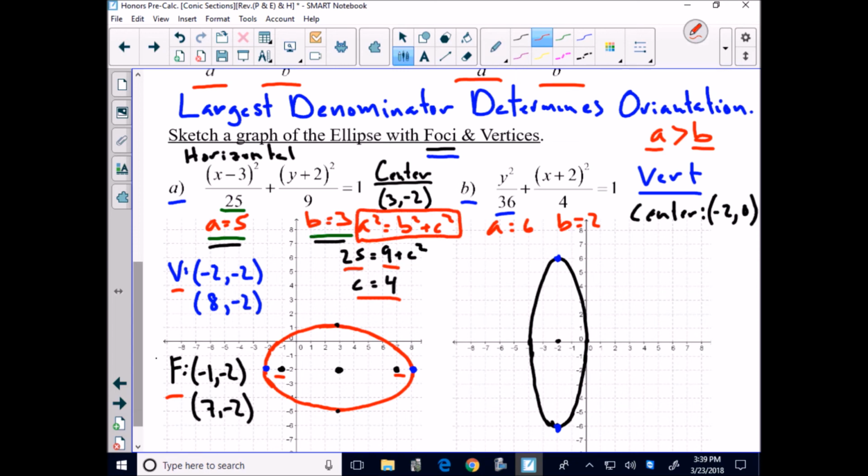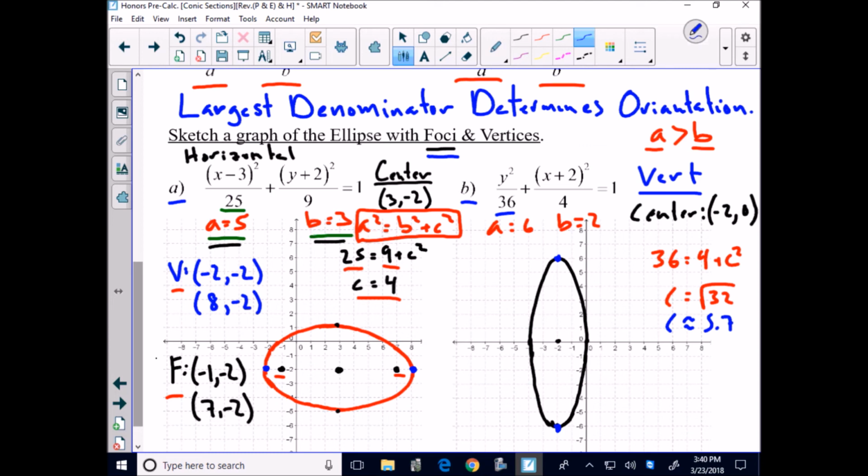And right here I can say that my a squared is 36 and my b squared is 4. So right here I know that I've got 36 equals 4 plus c squared. And that gives me c as the square root of 32. And I can say that that number then is approximately